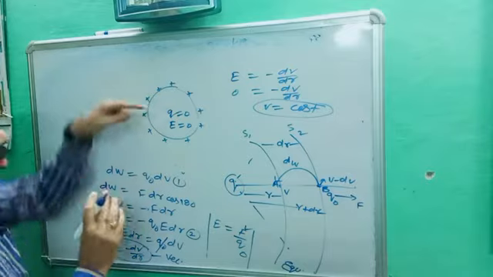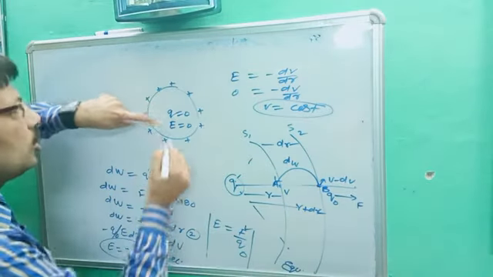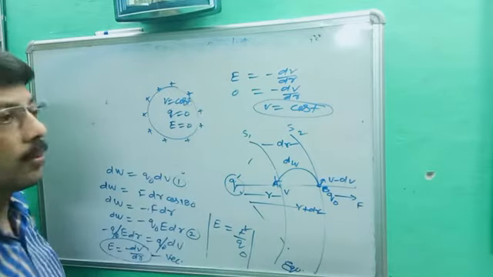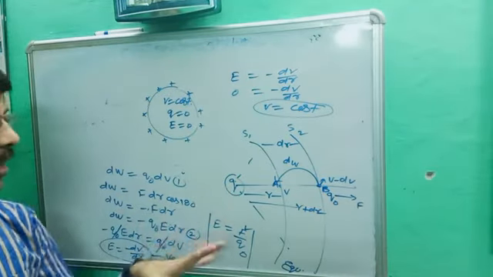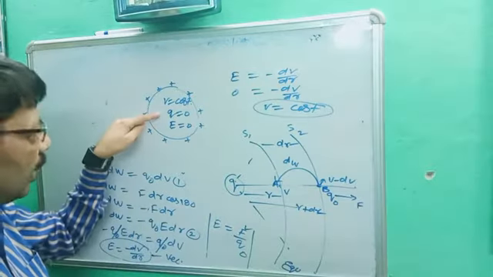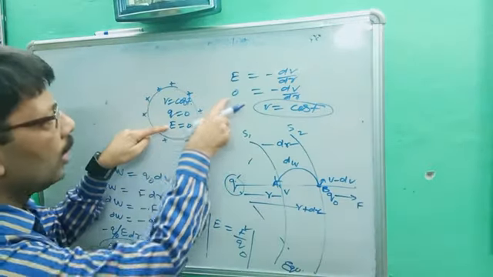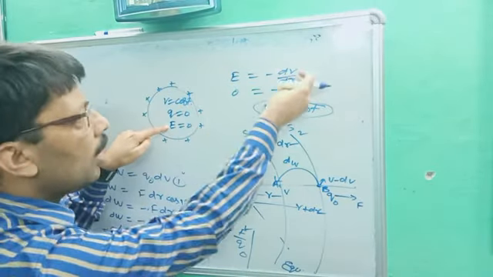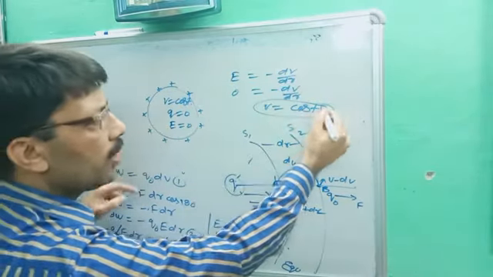Inside this sphere, charge is 0, electric field is 0, but potential remains what? Potential remains constant. Potential is not 0. Don't go through that point thinking that if charge is 0, potential will be 0. No, this is the wrong answer. Charge is 0, electric field is 0, so dV upon dr is equal to 0. So V remains constant by the formula.